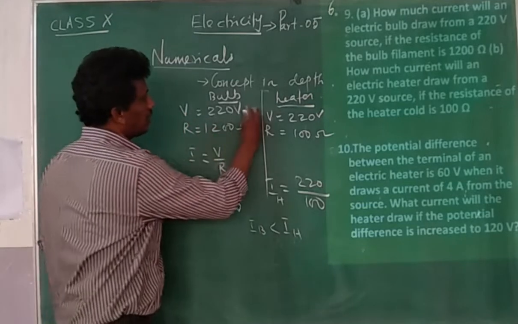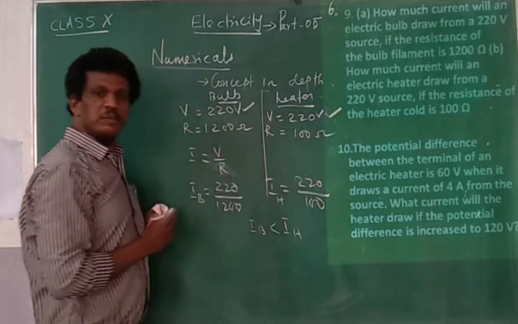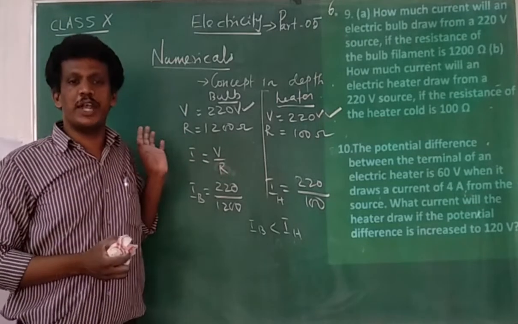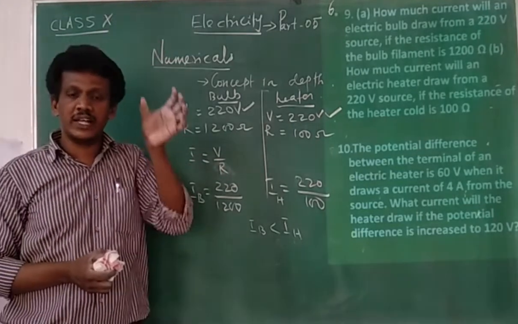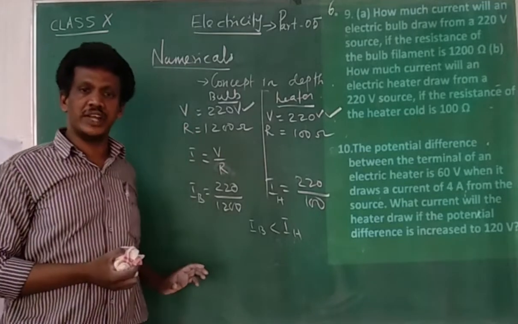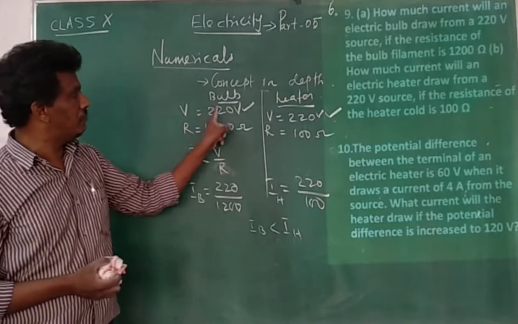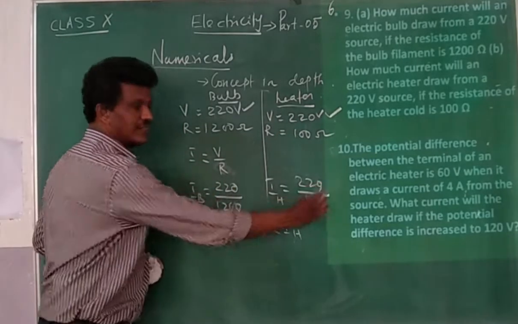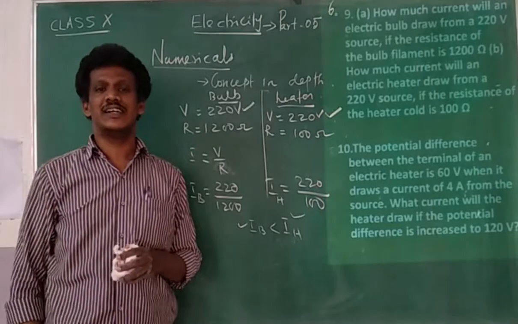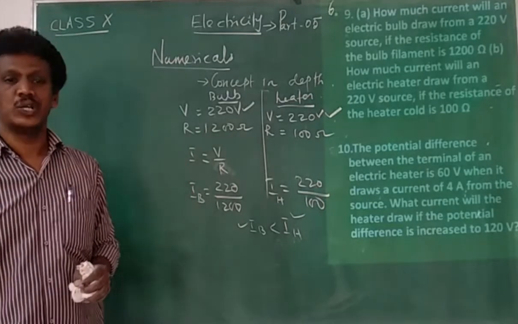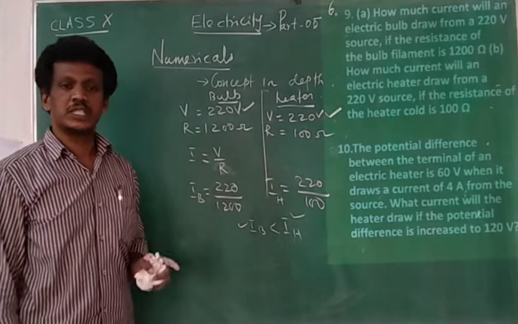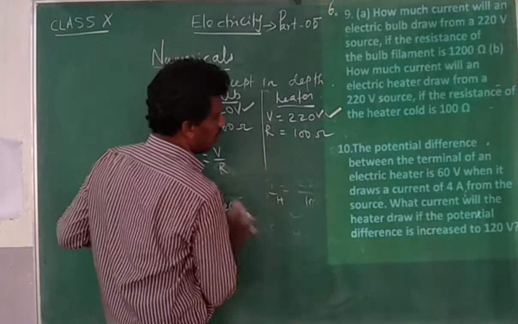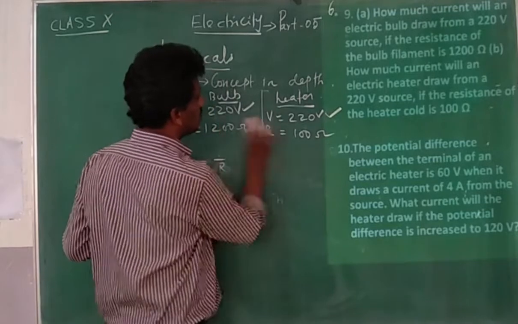But the potential difference is the same. That's why we put all the things in parallel combination: electric bulb, electric heater, fan, everything. Because the potential difference remains the same, but the currents are different. I think the concept is very clear. I think it is very interesting. If you go into the concept in more and more detail, you can really enjoy it. So what is the question given here? Question number 10.